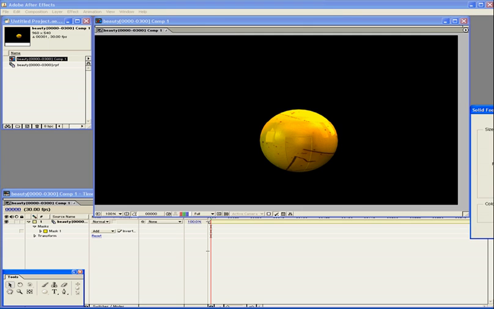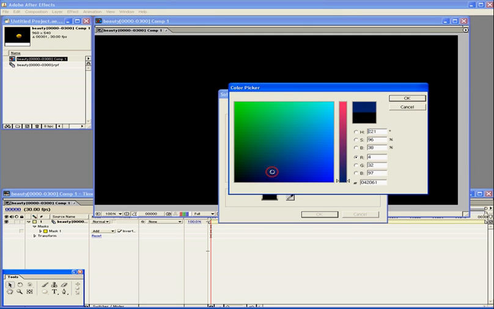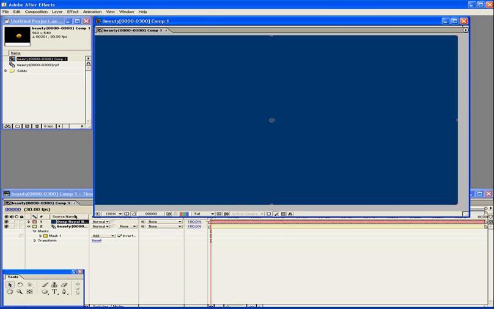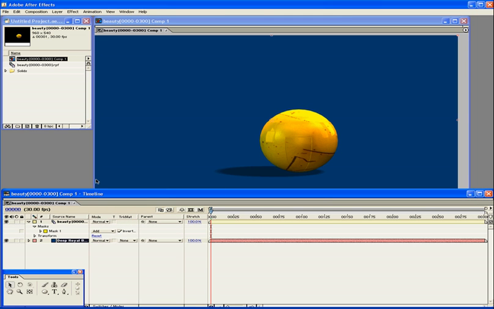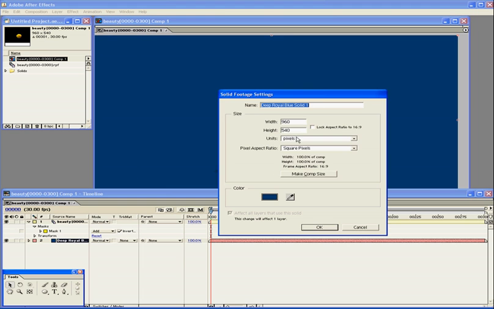So now that we've taken care of that little bug, we're going to turn our RGB values back on, and we're going to make a new solid because we want a background color. We don't want it to be black, so we're going to create a nice little dark blue background color to complement the oranges and yellows that we see on our ball. Maybe a little bit darker than that,